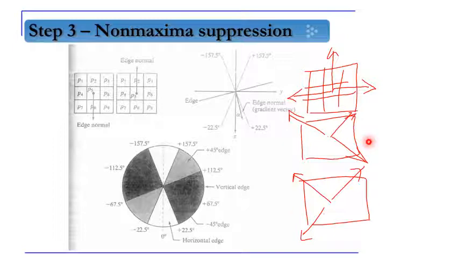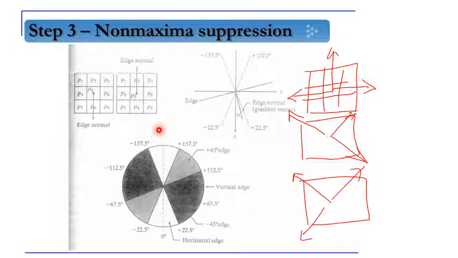Here also we got these two, and here also we got these two. So in total we get 8 directions for the edge normal. This total edge direction will reduce to 4 directions, because the edge can have only 4 directions, for which we are using this particular range of direction. So we have to specify in which range of direction I will assign which direction.